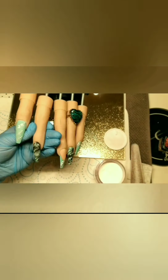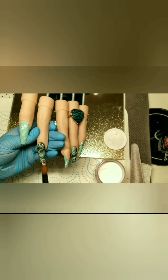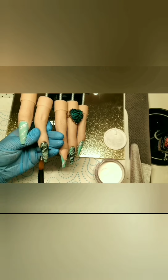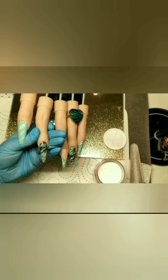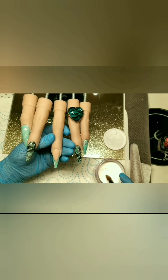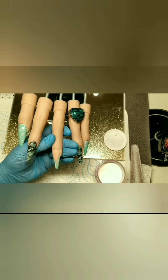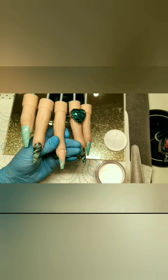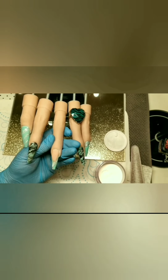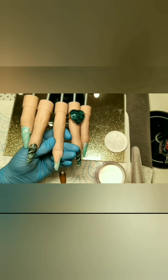So this is me capping the nails, and I'm capping the nails with Glitterbels glass slippers. I've not shown in the video all the nails being capped because they're all capped the same way, and I'm doing it for the strength. So I'm building up my apex and making sure there's plenty of clear, just so that I'm not going to buff out any of the colour, because most of the coloured acrylics, they're not like core powders, so if you buff